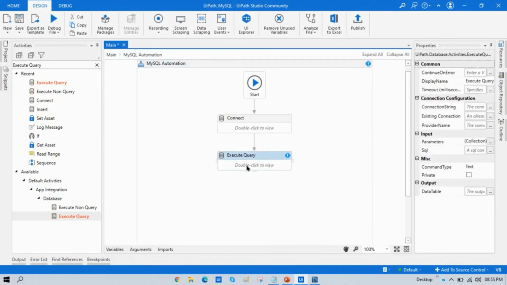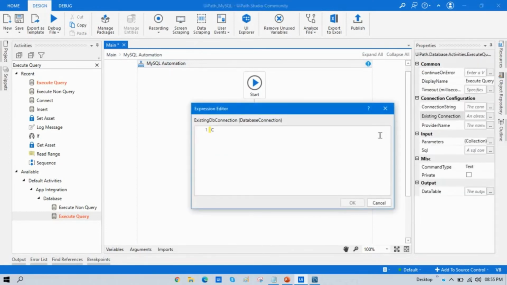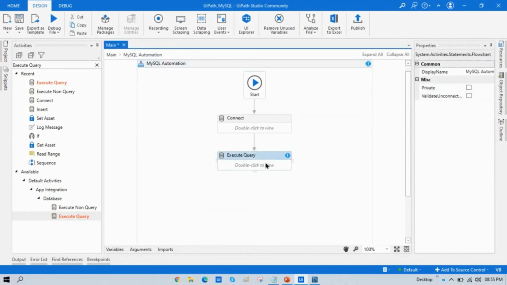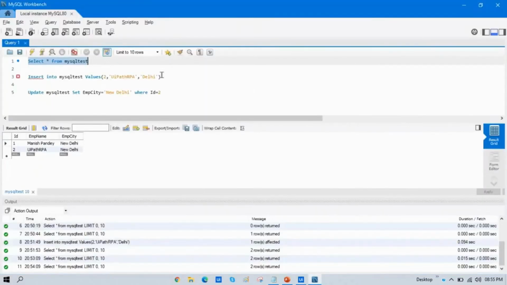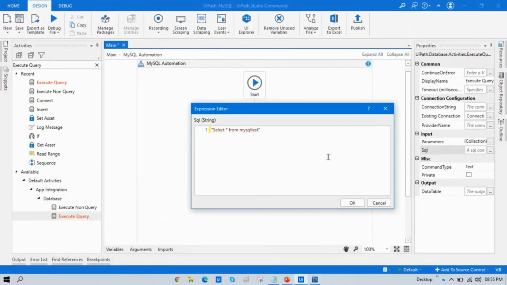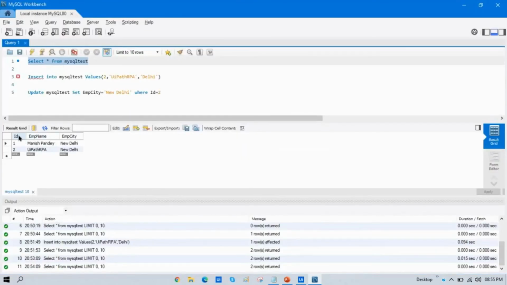Okay, so in the execute query, again we have this connection string available. I'm going to use here that connection string variable, and we need to write select query. So first here we need to write this query. So copy this and paste in the double quotation. Right now, if I will directly run that, it will be executed and will not get any output here. But whenever we run this query, we get some output in the table, right, in the result grid, in the rows and columns. It means these data can only be stored in the data table.